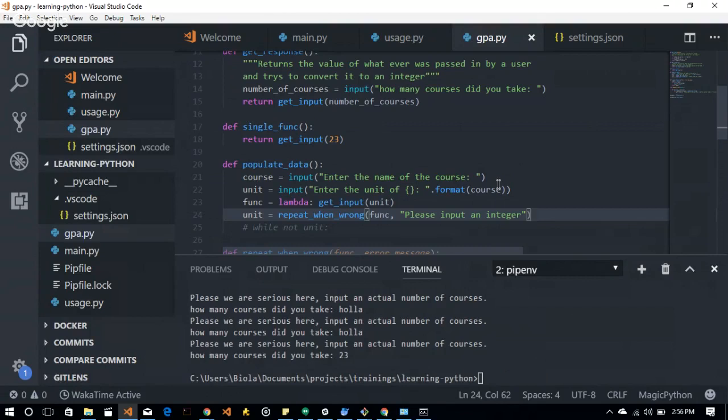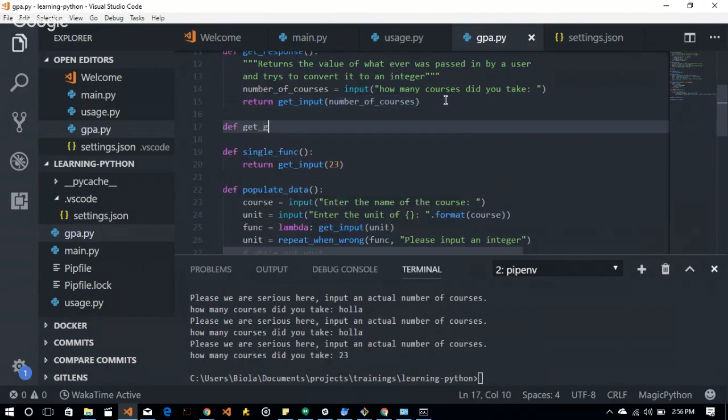And the grade, at least from our understanding, is from A to F. Say the person inputs anything that isn't from A to F, we want the function to keep on repeating. So we're going to end up using something similar to this, but we're going to make some changes. Instead of using the get input function, we're going to implement another function that can detect when somebody types in a good value. So go to create